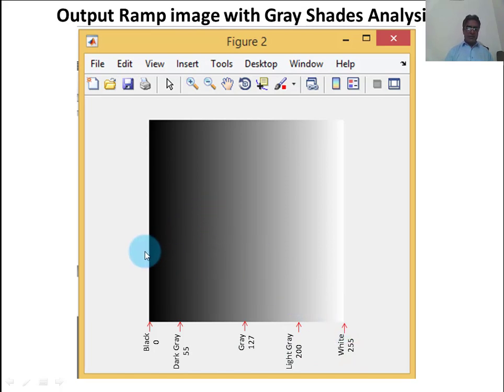This is called a ramp. This is the zero position, that is ground level.